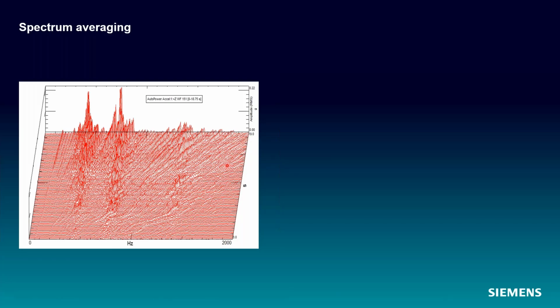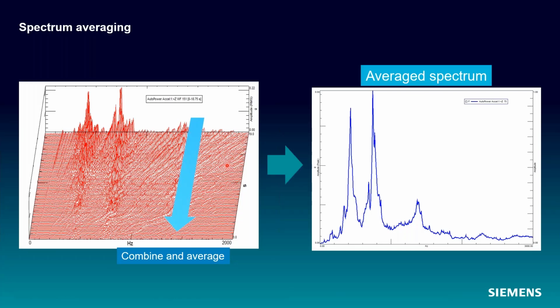So how do we handle this in terms of averaging? Well, essentially, we've got a bunch of frequency spectrums. You see some changes as time goes on. So when I average, I'm going to combine all of these frequency spectrums, and I'm going to average them. And I'm going to end up with a single frequency spectrum, or amplitude versus frequency. And this is what you'd call an average spectrum. How does this work? Where did this amplitude, let's say at 419 hertz, come from?